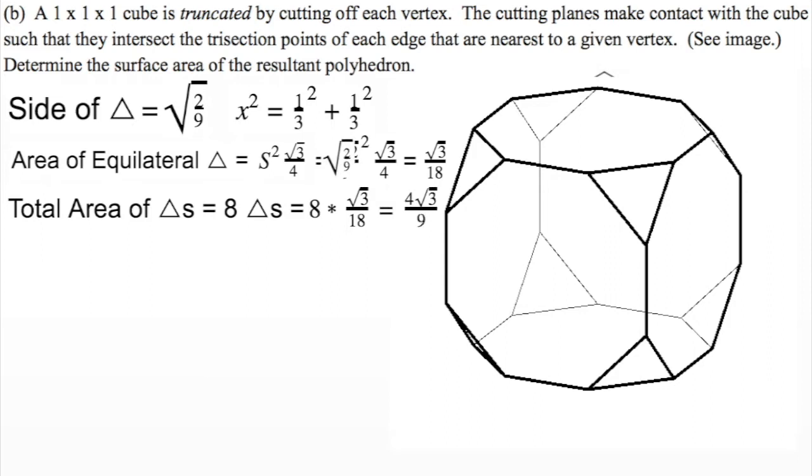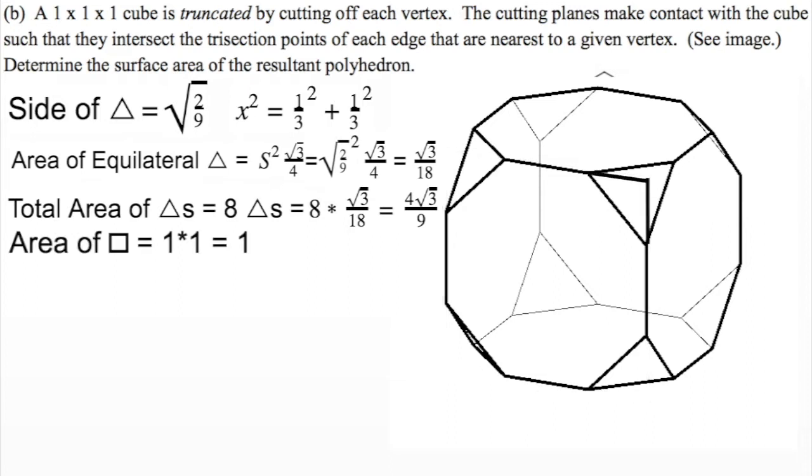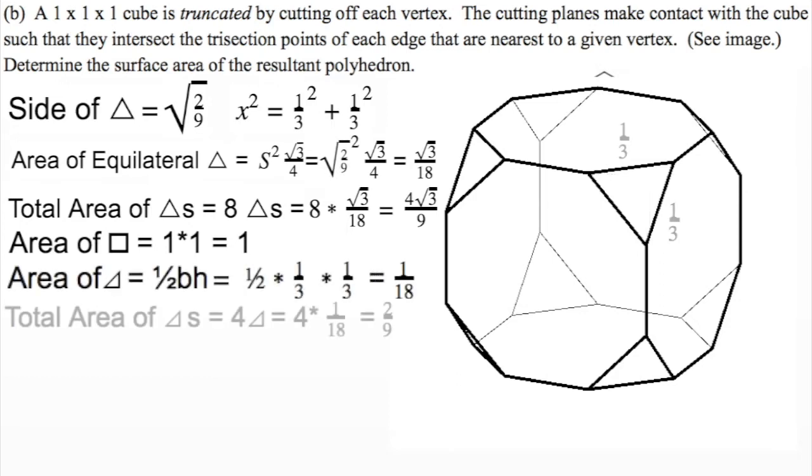Now, looking at each side from the original cube that was cut off, you have 6 octagons formed after cutting off each vertex, and this is best measured by using the original surface area of one of the faces of the cube, which is 1 by 1, giving a surface area of 1, and cutting off the 4 right triangles, each of which has legs 1/3. As such, each triangle has an area of 1/9 times 1/2, or 1/18. Because there are 4 triangles, in total they make up 2/9,